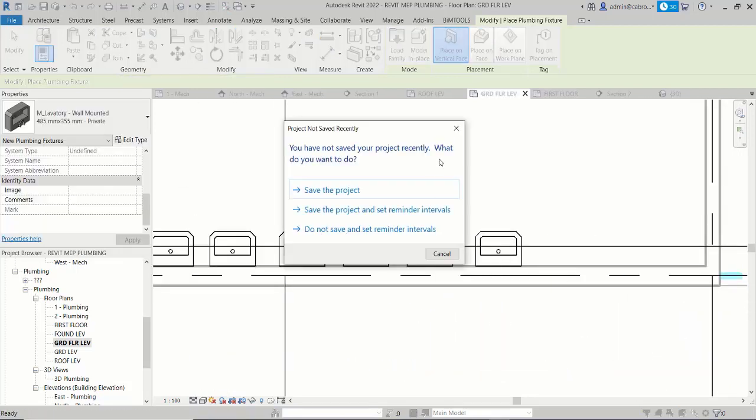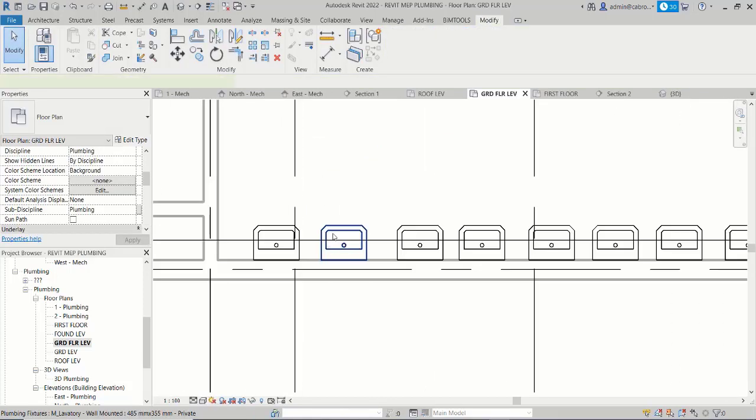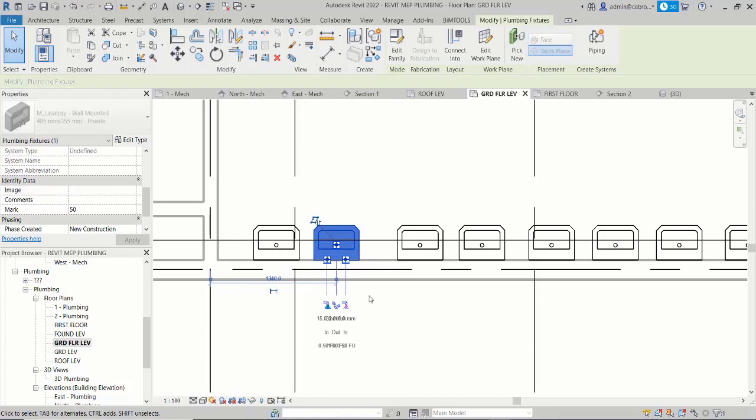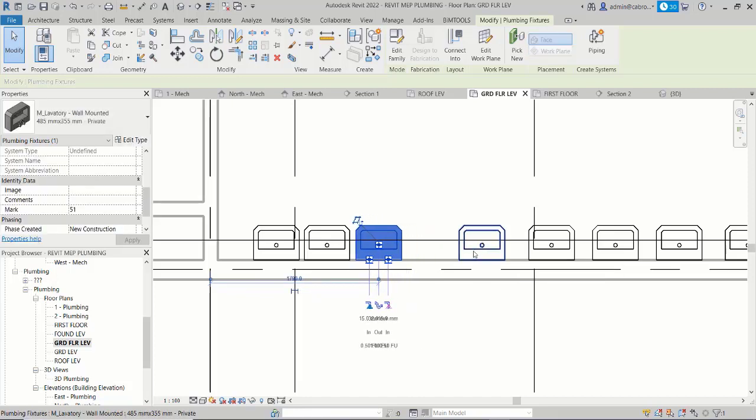So these ones can be closed. You can use the arrow key to push them to be closed. And all these ones can be mounted up on